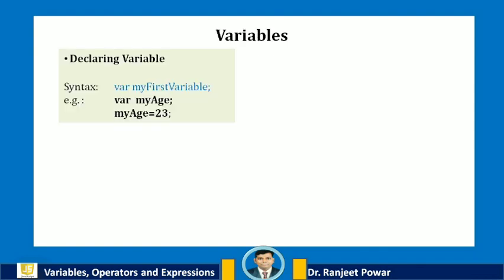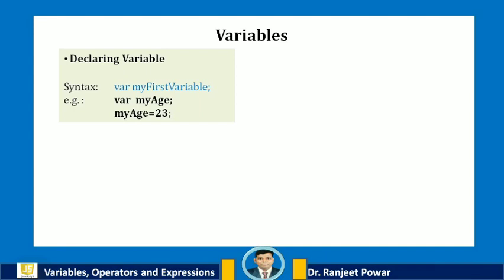Variables can be thought of as named containers. A variable is a placeholder for a value in JavaScript. You can place data into these containers and refer to the data simply by naming the container.